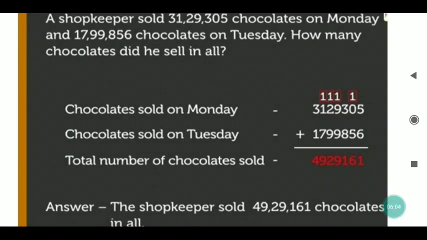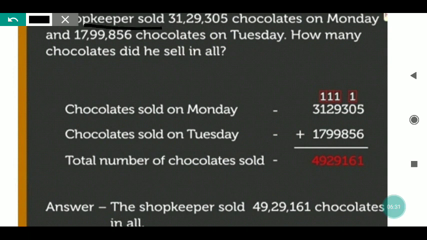See students, now we are having some word problems also in this test paper. You can see one word problem I am going to discuss with you all. Already we have discussed so many word problems. You know how to write the numbers, how to write the question, then how to write the statement. All these are clear. But still, for revision and more practice, we will discuss this. See what is written.